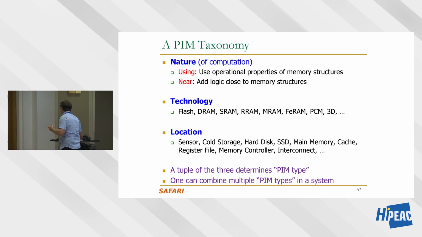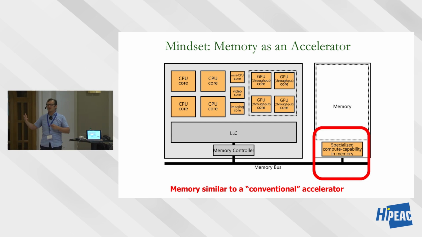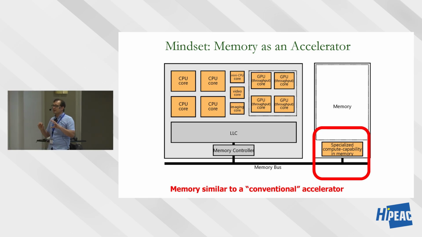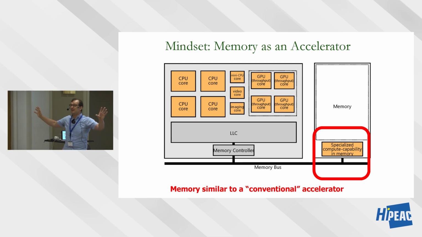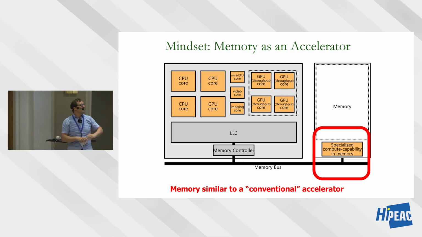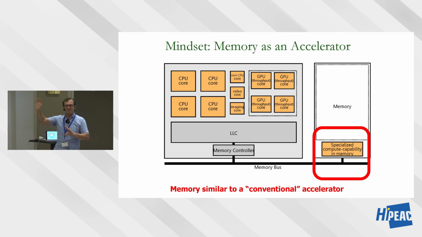In the end, one can combine multiple different processing in memory types in a system, and each PIM type is a tuple of these. And we're not going to be extremely, let's say, futuristic. We're going to treat memory as an accelerator. So one way of thinking about processing near memory is there is no CPU, meaning everything that you design is an independent agent, and they communicate with each other. And what you have is a really distributed system that can finish a computation via distributed algorithms and distributed coordination. We're not going to go there. I think that's very important to do. That's even longer term. And that's a paradise for a distributed computing person. If you're a distributed computing person, that's the paradise I would play in.